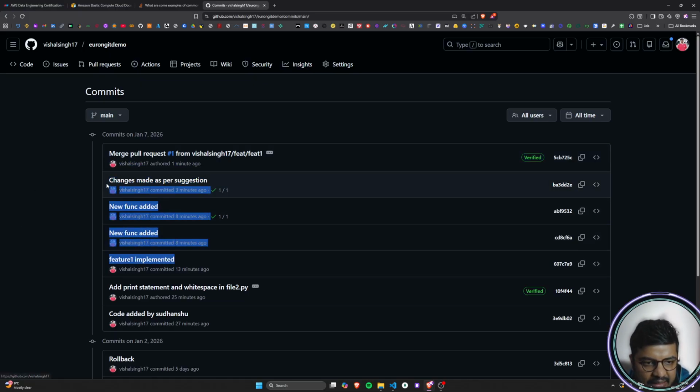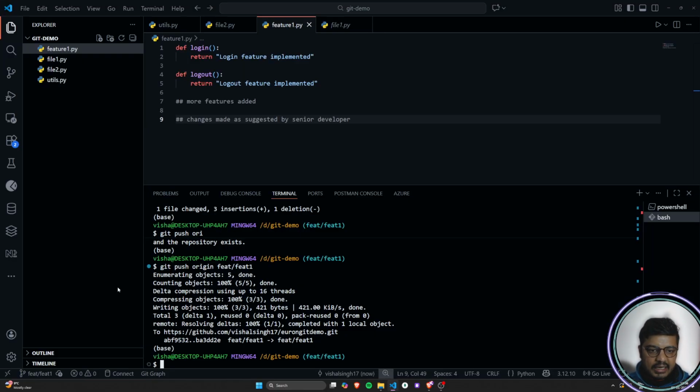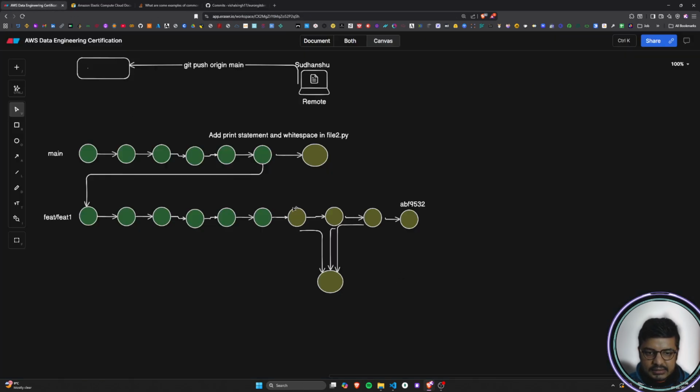These 4 commits are from the feature one branch, right? So what it has done is that it has added these 4 commits here like this on my main branch,